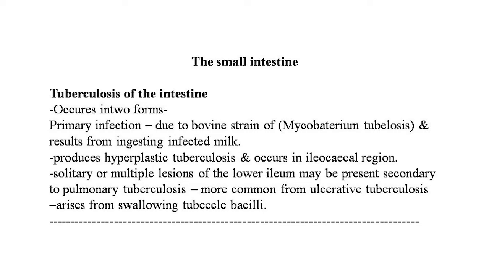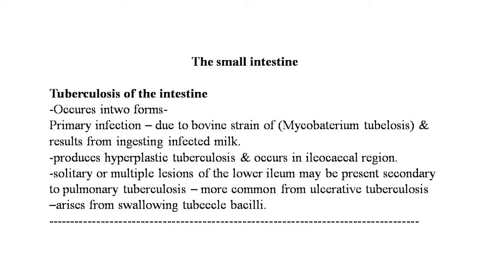Tuberculosis of the small intestine occurs in two forms. The primary infection is usually due to the bovine strain of Mycobacterium tuberculosis and results from ingesting infected milk. In India, the human strain may also cause such primary tuberculosis. This produces hyperplastic tuberculosis and occurs most commonly in the ileocaecal region, although solitary or multiple lesions of the lower ileum may be present. The more common form is ulcerative tuberculosis, which is secondary to pulmonary tuberculosis and arises as a result